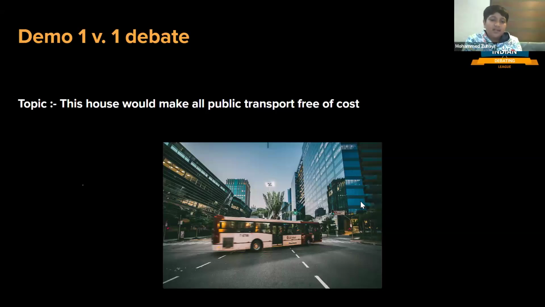Environmental and social imbalance. Finally, making public transport free doesn't guarantee that it will be more environmentally sustainable or socially equitable. In fact, when services are free, people who can afford cars might use public transport simply because it's free, causing unnecessary crowding. Those who genuinely rely on the system, people from lower income backgrounds, might suffer the most from this congestion and reduced service quality, thus creating the opposite of the intended social equality.